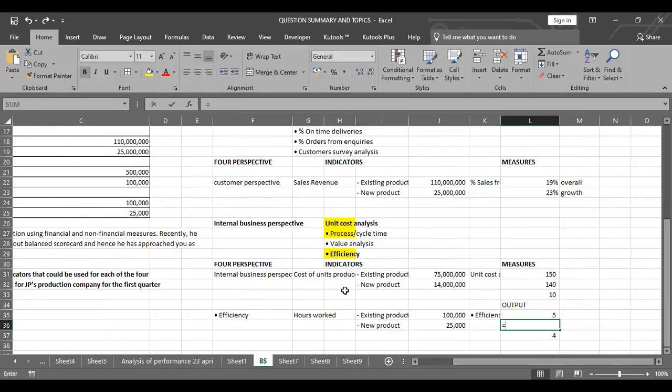And of course, this one here would be these 100 divided by these, which gives you... no, I picked the wrong 100. The 100 should be this one here, and then divide by these, you get 4. So that's how they spend, of course. In this context, it is units that are being produced per hour.